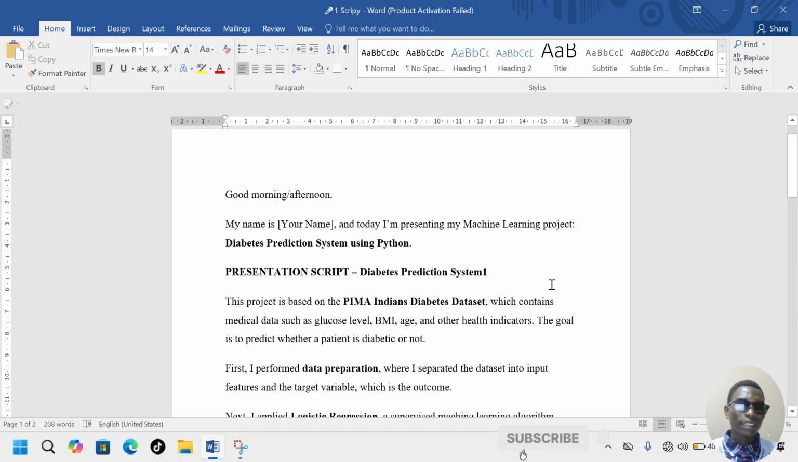right? So thank you. This is how you can use this cut paste command in order to save your time and develop professional document in just